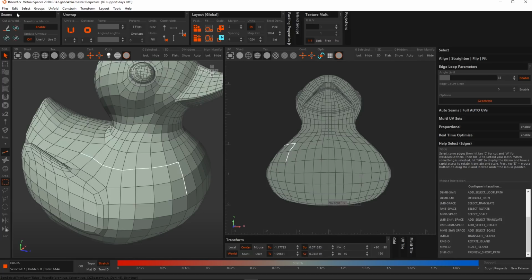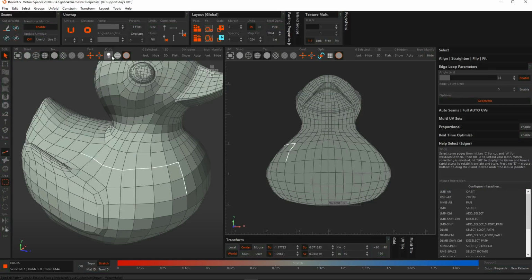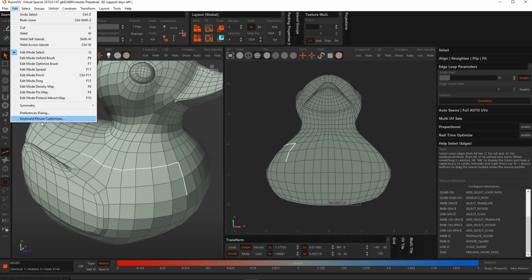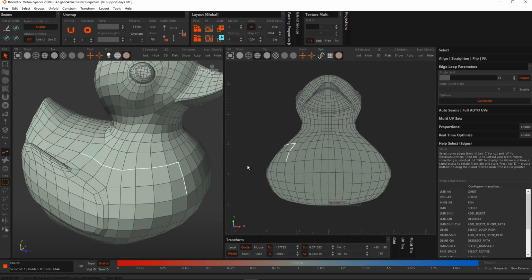but same thing. If I go back to the keyboard mouse customizer and choose RizomUV, and then say Save and Close, you can see at the bottom here now, it's just Shift. So that's just something to keep note of. If I'm pressing something and it's not the same for you, you might have a different preset. So I'm just going to go back here and change it back to C4D, save and close, and we're back